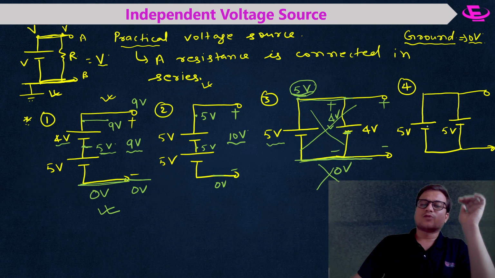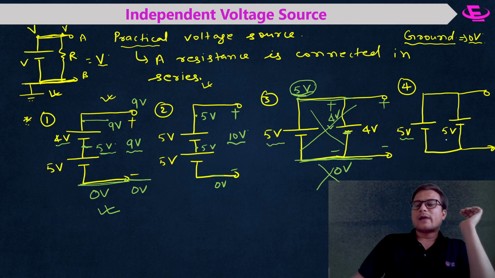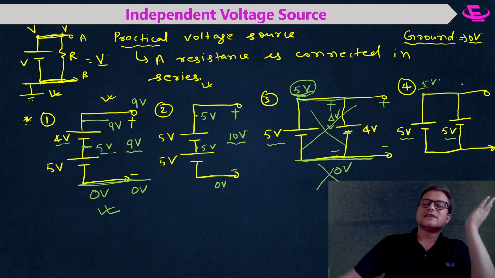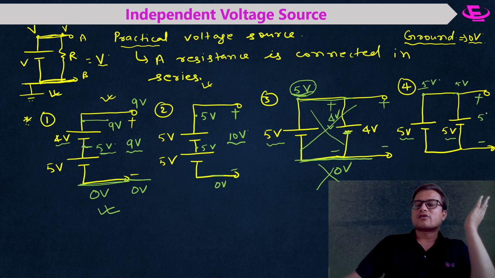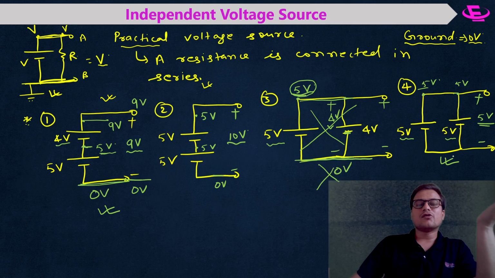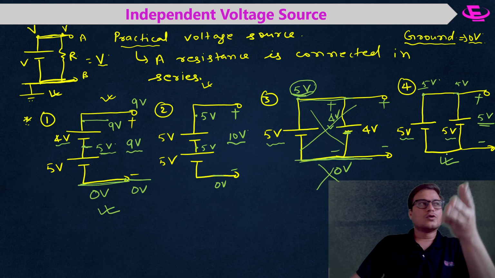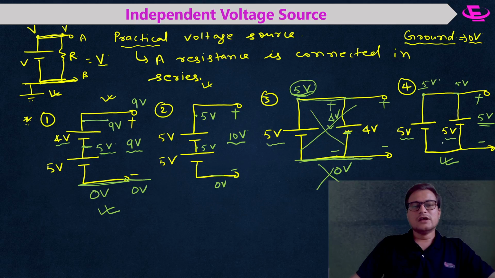Next come to this point. One is a 5 volt battery, another one is also a 5 volt battery. The first battery is saying I'll maintain 5 volt, the second battery is saying I'll also maintain 5 volt. So the net voltage across the terminals will be 5 volt. This connection is correct. You can accept it because both the batteries have the same potential, equal to 5 volt. So this is the story of a voltage source, that means the different connections. Now what happens?